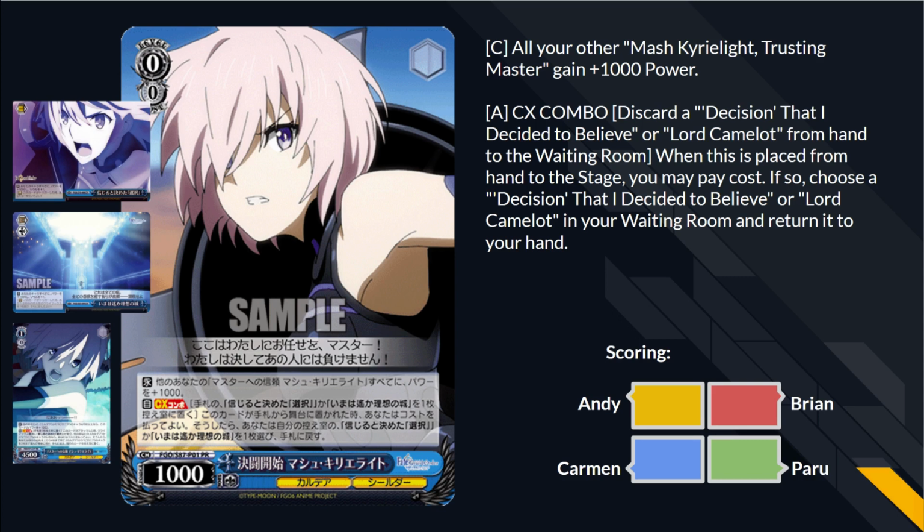And then Climax combo. When this plays from hand to stage, you may pay the cost. It's not a real Climax combo. It's a free Climax swap between the book and the pants. The old book and the new pants. This is like the old book and the new pants. Straight synergy, or even reference, between the two sets. Well, if you are playing a Nexal strategy, Paru, you will take literally every amount of